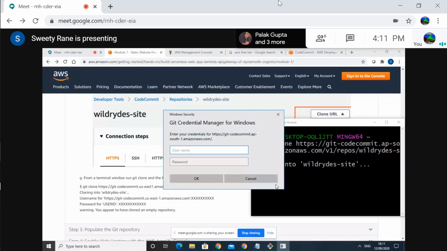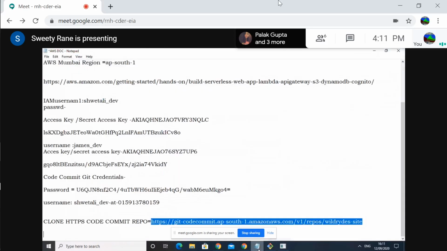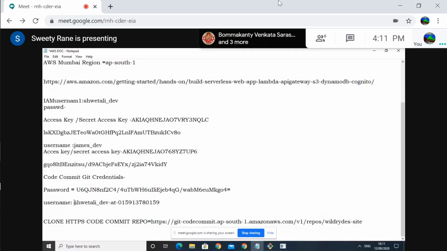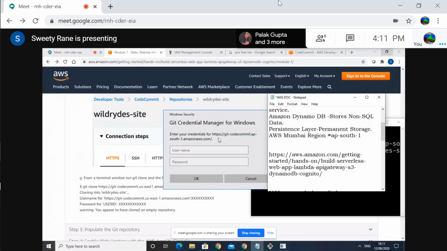Oh, it's asking for username. The username is that Git credentials that you just copied, no? What is your Git cred? Where is it? Yeah.